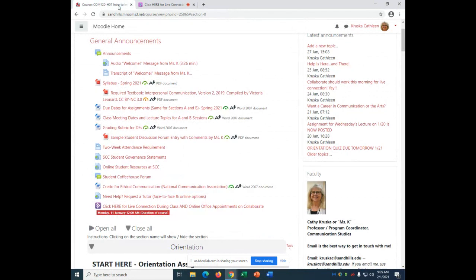All right, so in the top portion, if you look under the syllabus and the due dates and the class meetings, you see this. How many of you saw this grading rubric for discussion forums? Oh, very good. Did you refer to it when you did your first discussion forum due last night? I'll be a little lenient in my grading on this first discussion forum, but